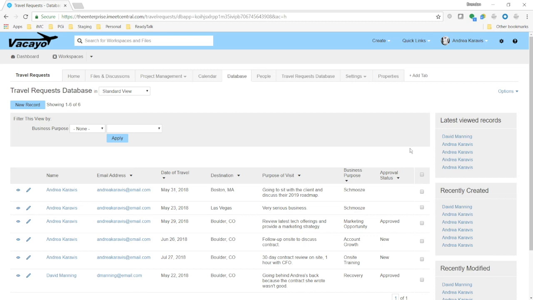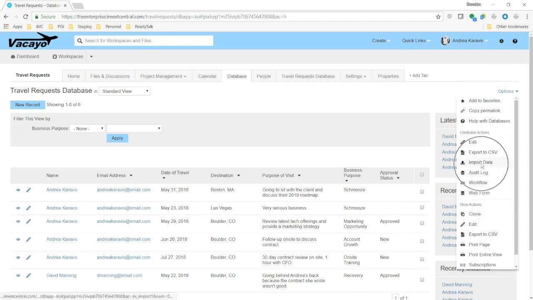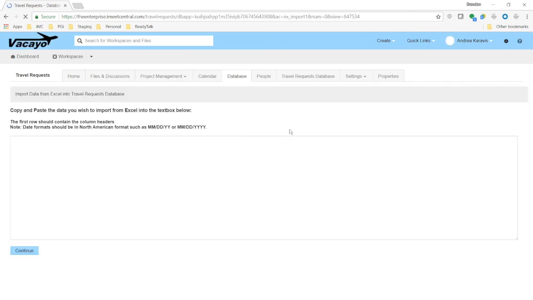Conversely, let's say you wanted to take an existing Excel spreadsheet and dump it into iMeet Central so you can unlock all this cool functionality. In the Options menu, you also have an Import Data ability as well. And the Import Data wizard is kind of funky. You're literally going to take your Excel spreadsheet, save it as a CSV, and then you just paste it in here and click on Continue. I don't have an example handy to show you right now,